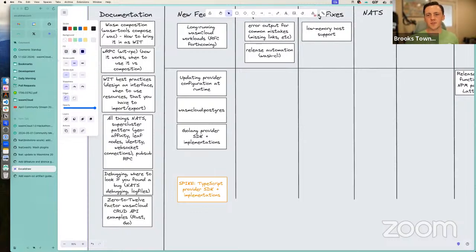as a spike so that we can at least investigate what the requirements here would be, because the current capability provider requirements must be in a language that you can connect to NATS, or you're willing to write your own NATS SDK. You need WRPC, so we have that in Rust and we have that in Go. You need to be able to receive something over standard in and then basically execute it as a standalone binary. So that last one brings some questions around TypeScript